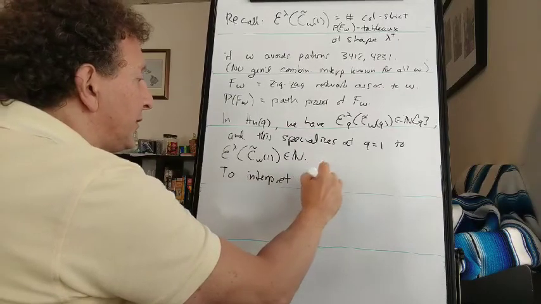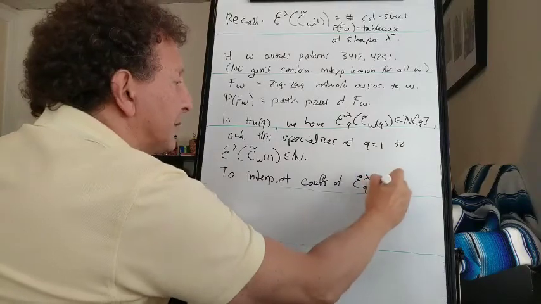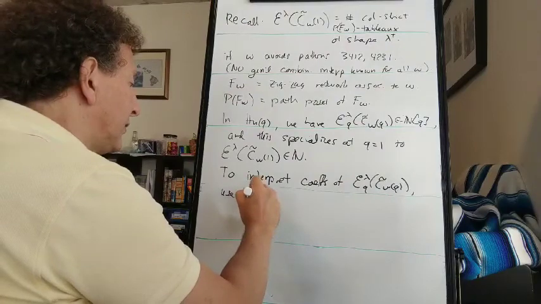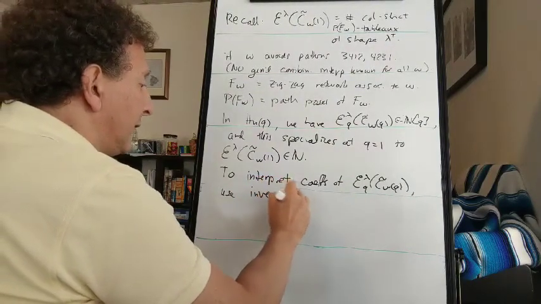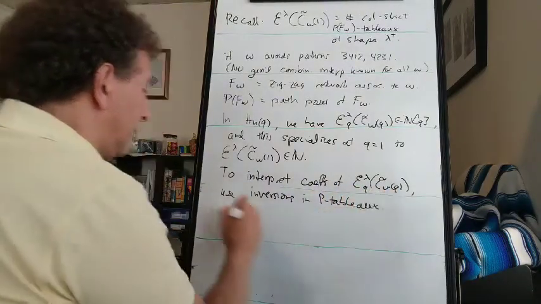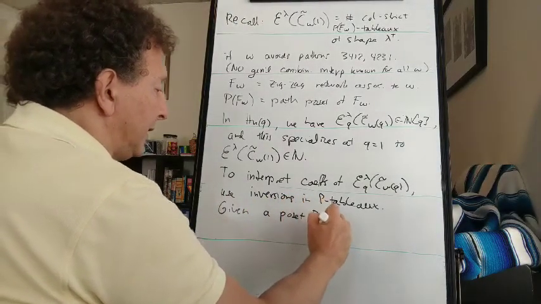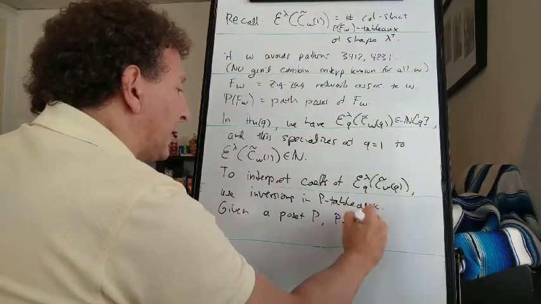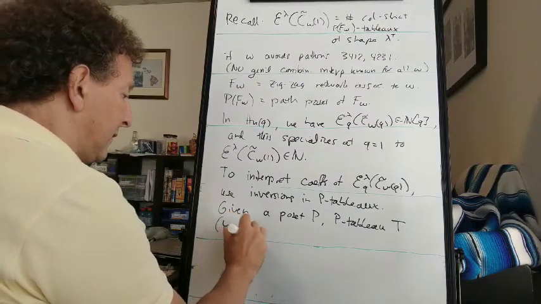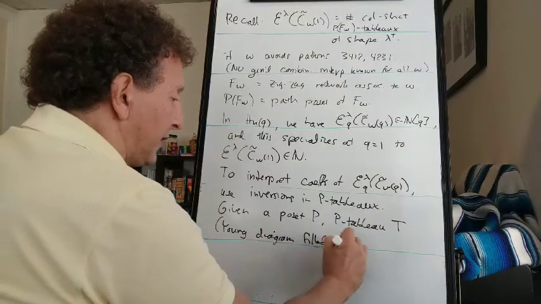To interpret the coefficients of the Hecke algebra evaluation, we're going to use inversions in P tableau. So given a poset P and a P tableau T, that is a Young diagram filled with poset elements,